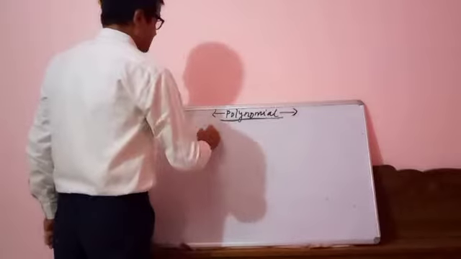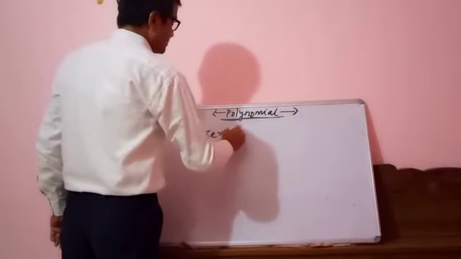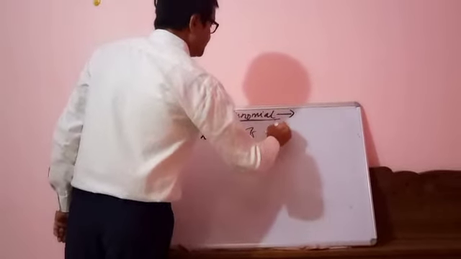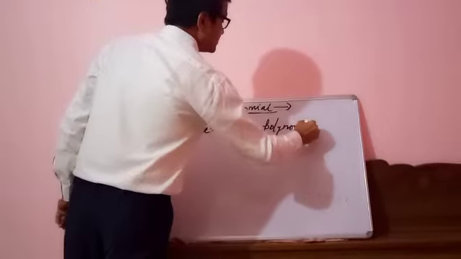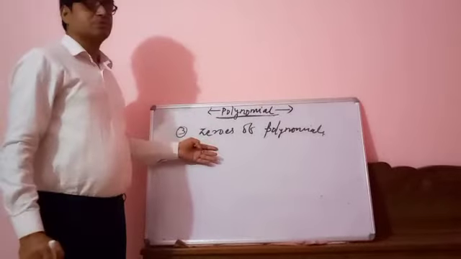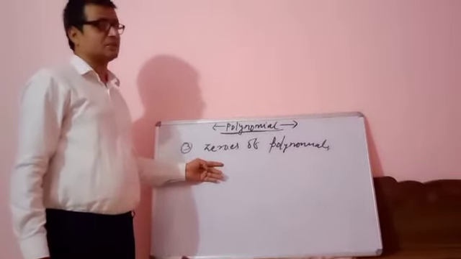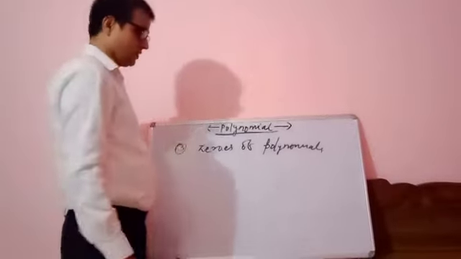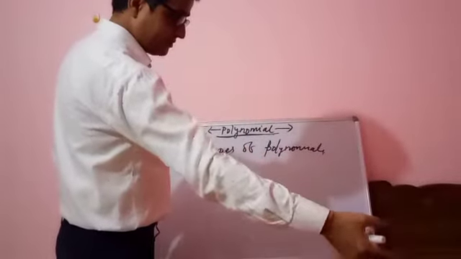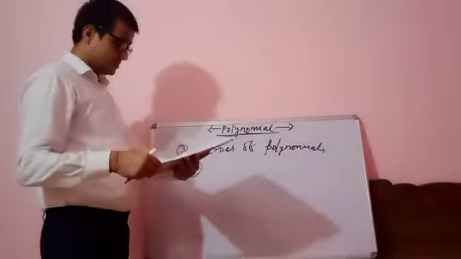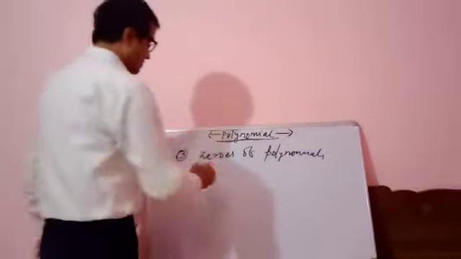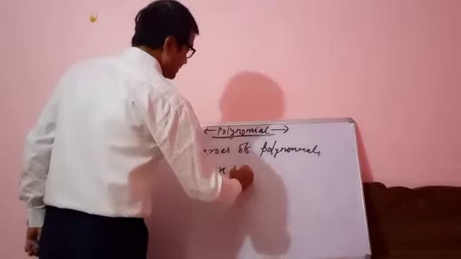Now the third topic, we'll deal with the third topic. This is zeros of polynomials. Zeros of polynomials, here is the third topic. So about the zeros of polynomials, once we start to talk about them, we'll go with the same examples that were given earlier. The first one is 3x plus 5.